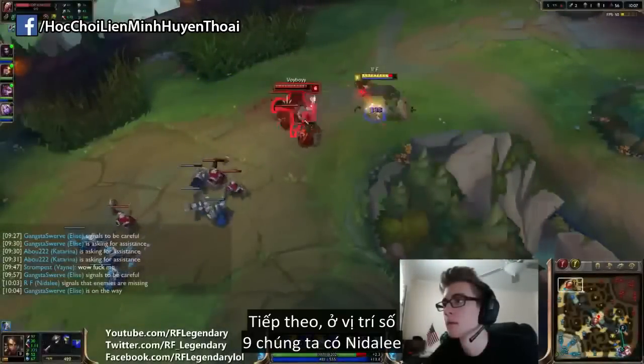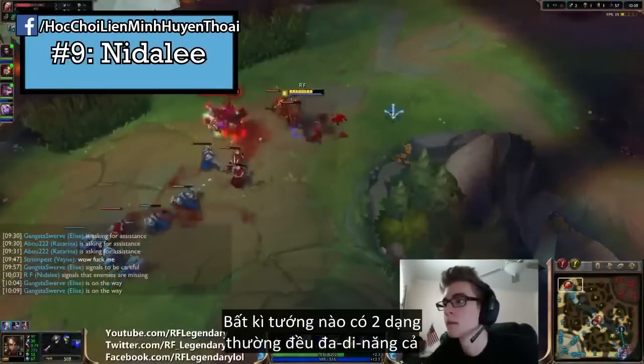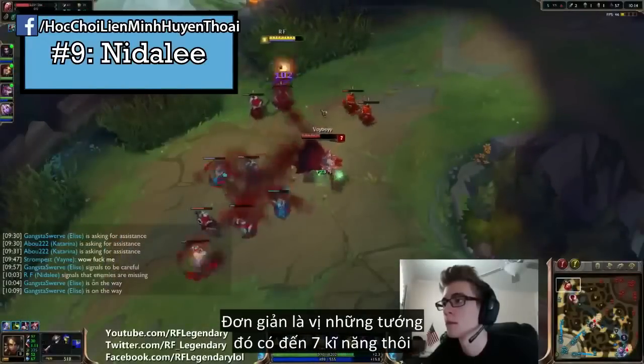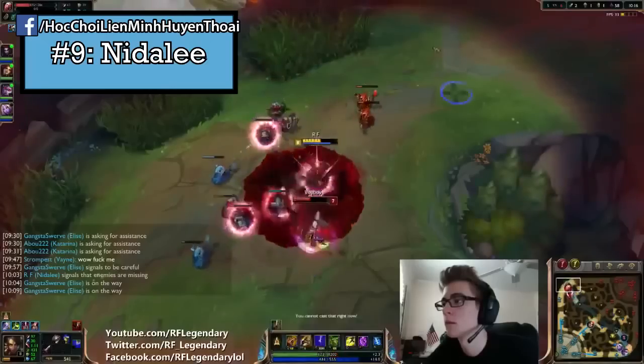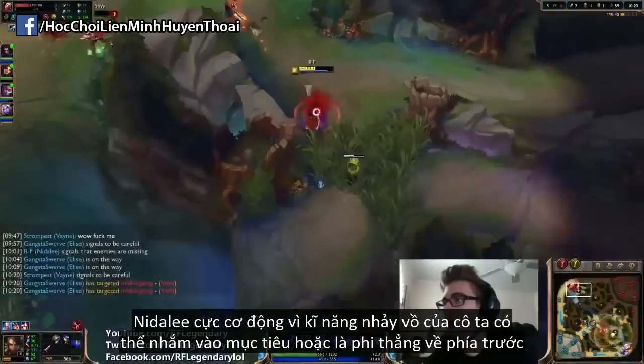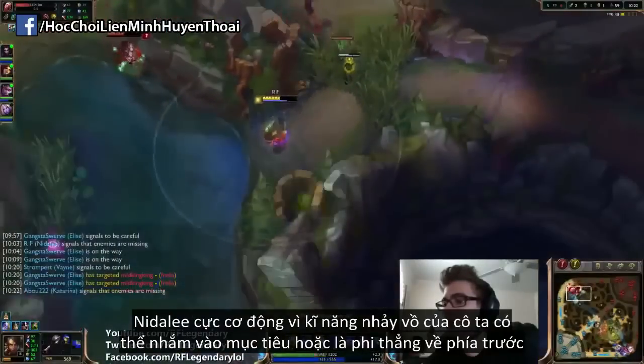Next up at number 9, it's Nidalee. Any champion that has two forms is bound to have an overloaded skill set, simply due to the fact that they technically have 7 abilities, and Nidalee is no exception. Her mobility shines out a lot since it can be both targeted and directional, as well as, let's not forget,